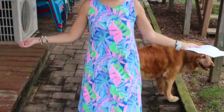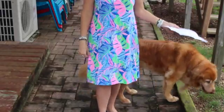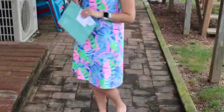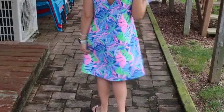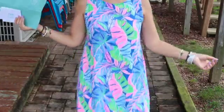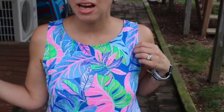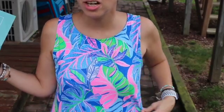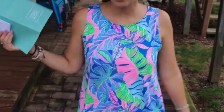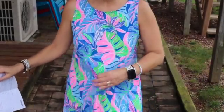But here is the dress, and now you can see the length of it. It's really cute. It does fit, and I know when I walk away, you're not getting the whole dress, but when I come closer, I want you to see the print. I have the tags hidden underneath here. I'm surprised. It is a small, and it does fit okay. I do have some room in it though,